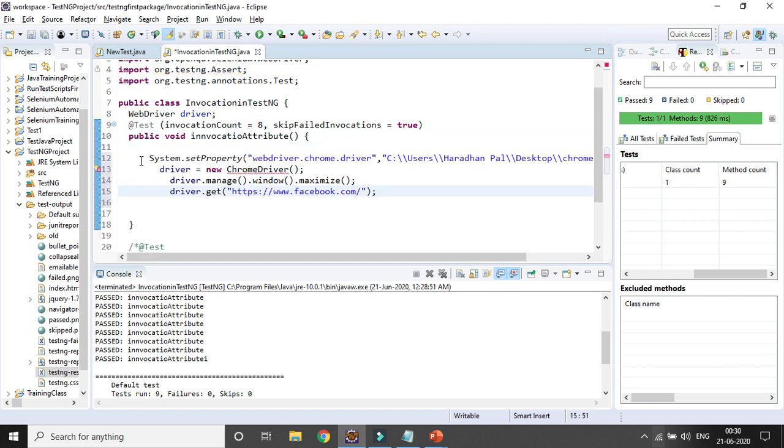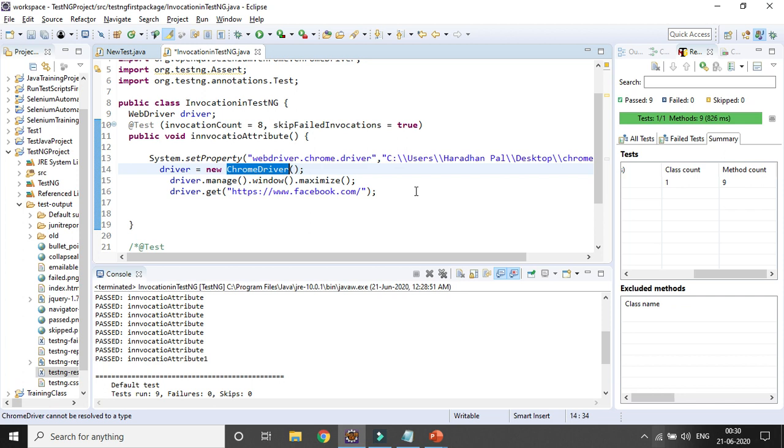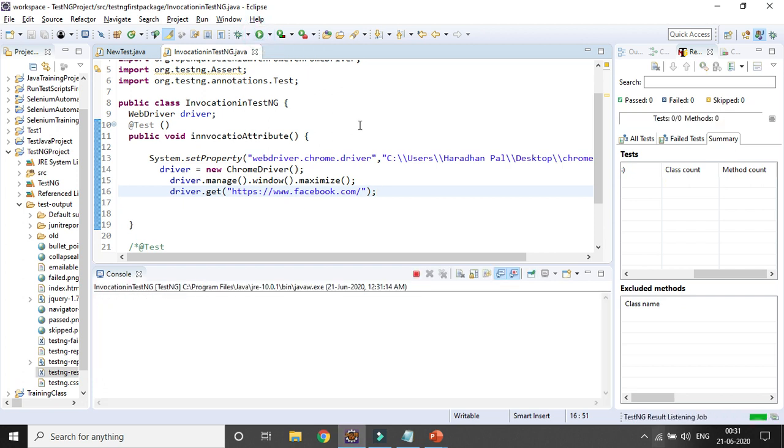Here I need to import the ChromeDriver class from org.openqa.selenium.chrome, so it will launch the browser. Now I am just cutting this, so I do not want to run anything. And here I simply run it. You can see it will run and launch the Facebook page.